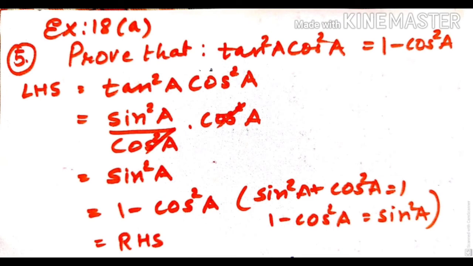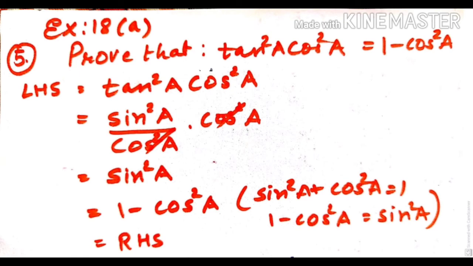The left hand side it is given tan square a into cos square a, and we have to prove it as 1 minus cos square a. So always in prove that type of question, we will start either from the left side or from the right side, and you have to show it accordingly. So here I start with LHS, tan square a into cos square a. Now value of tan is sine by cos, and here square is given. So I write sine square a upon cos square a, and that cos square is already cos square a. So that gets cancelled and we have only sine square a.